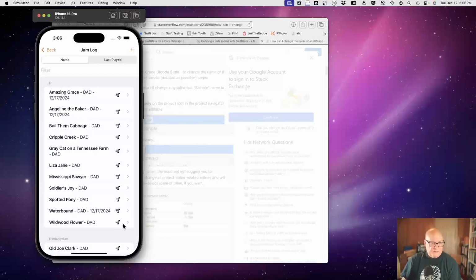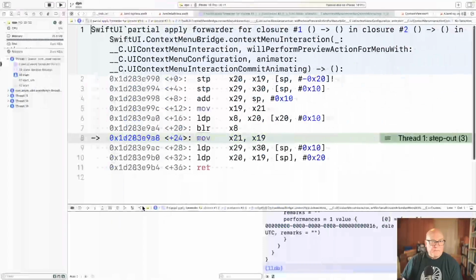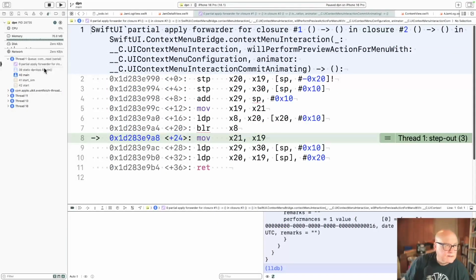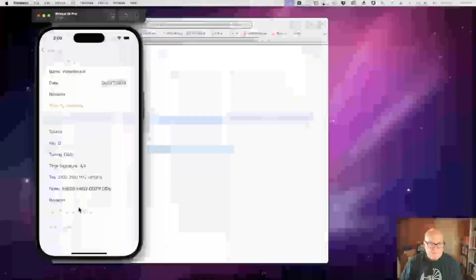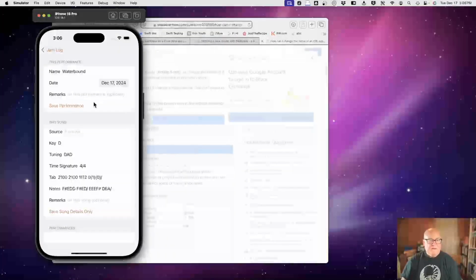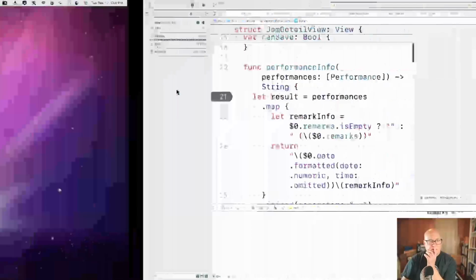All right, so if I do waterbound, did I set a break there by mistake? What's going on here? Apply forwarder for closure. Okay, why did I not break?